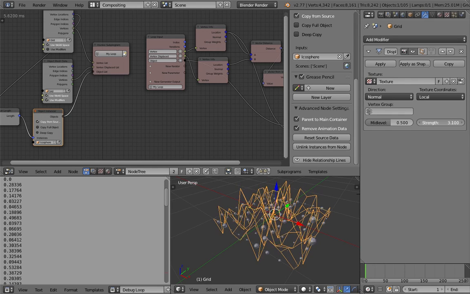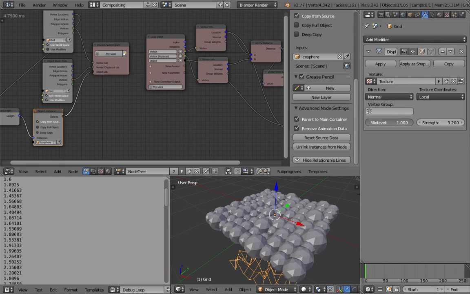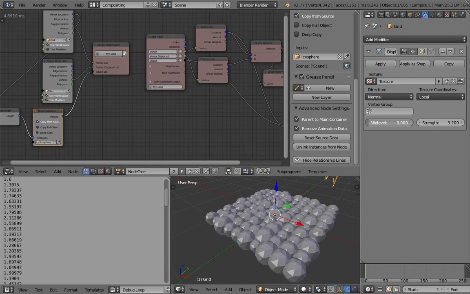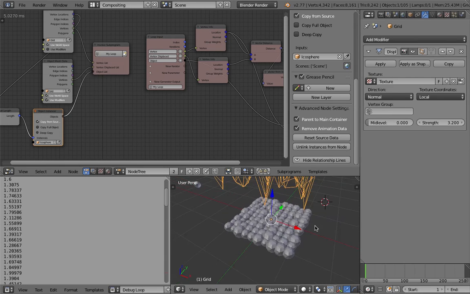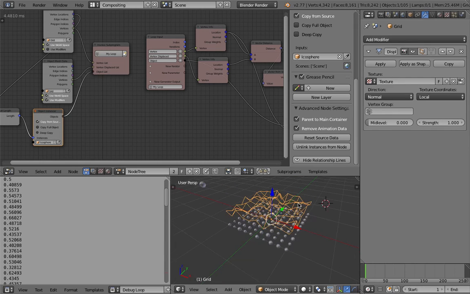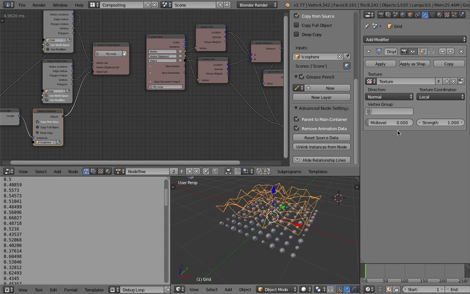So the value goes up and down, and maybe the mid level should be 1 or 0. Maybe 0 is okay, and put the strength into 1. Mid level. So mid level is kind of like an offset kind of way.